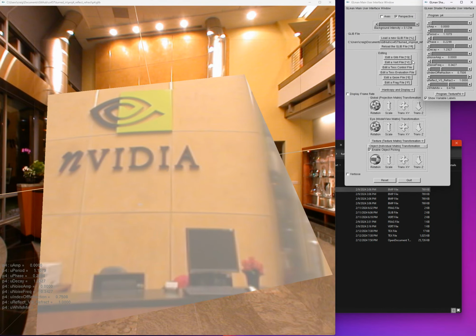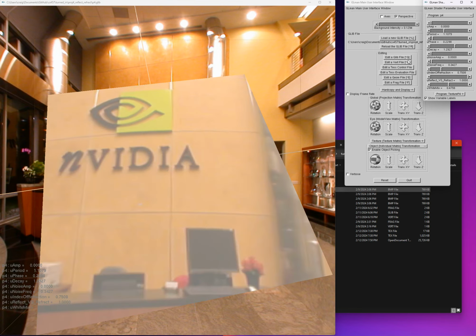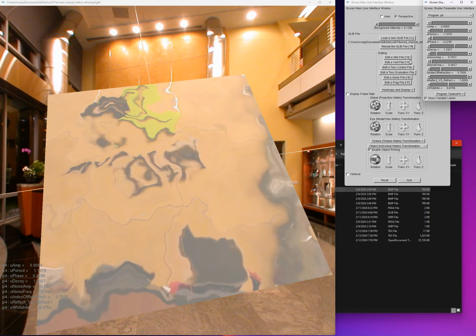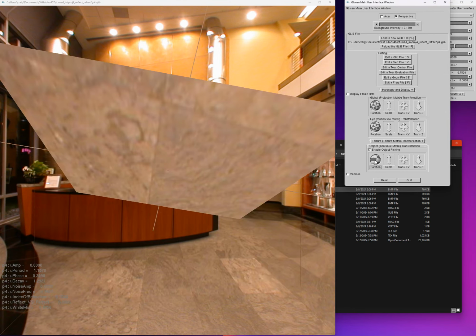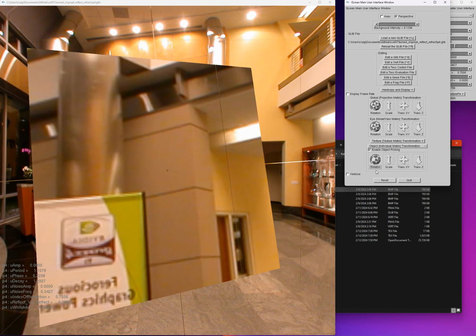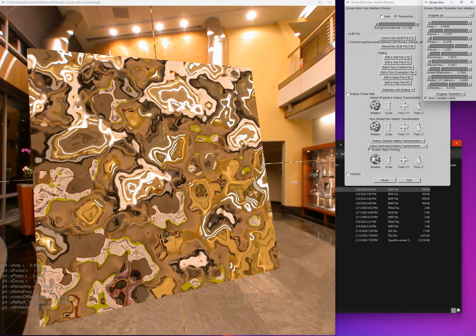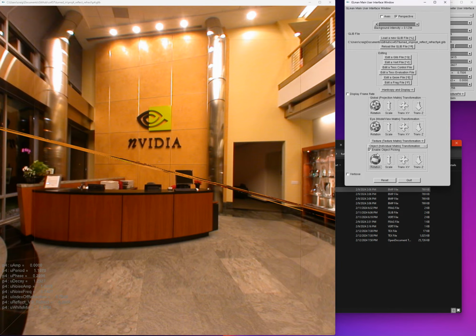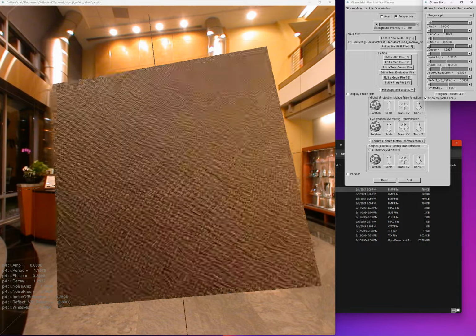If you have no noise, you can see the NVIDIA sign clearly, and with noise it goes out of whack. If you have the reflection, you can see this easily, and I add some noise, and it goes out of whack. If you look this way, it's still a flat plane. It's just messing with the normals. And you can change the frequency of that